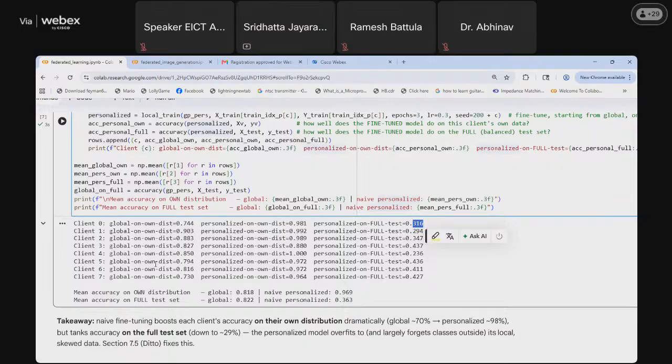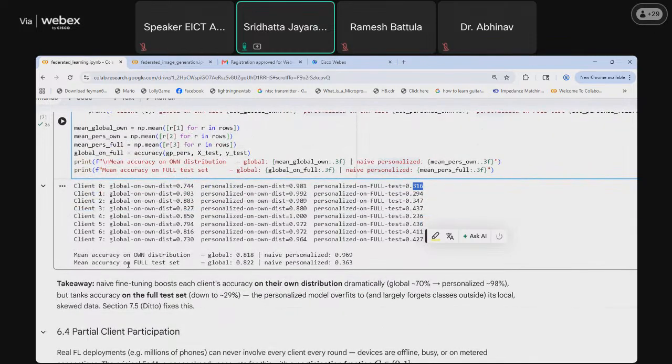So after personalization, there was a good improvement on the local test data, but globally the model was performing poorly.